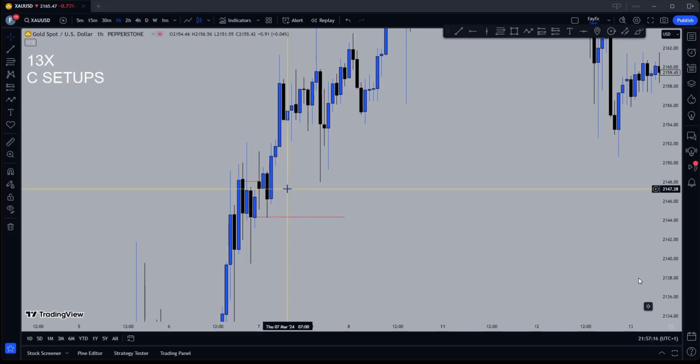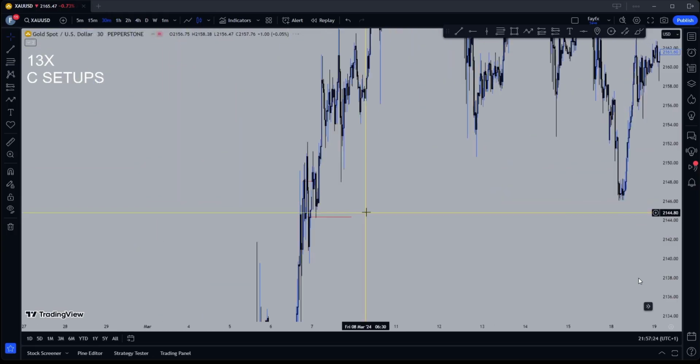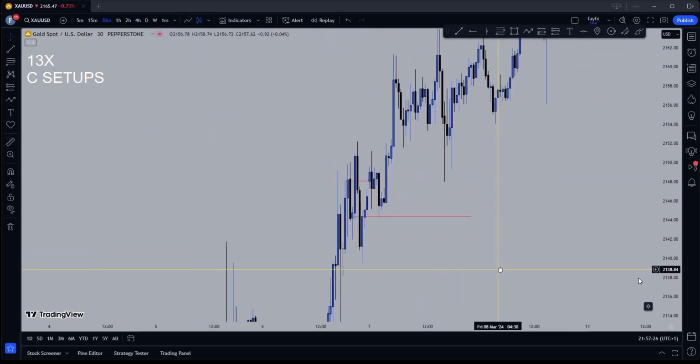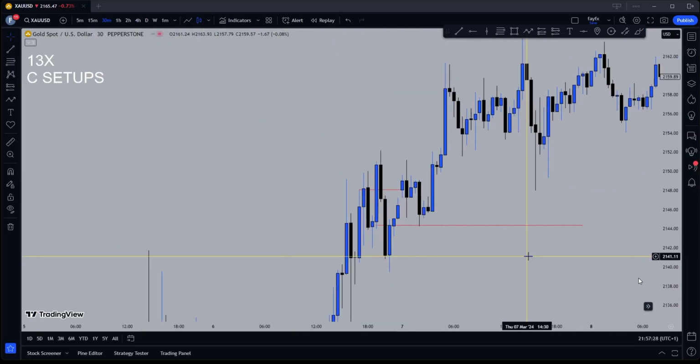So let's see the equilibrium of this level at 30 minutes. At 30 minutes, we have a gap at the same level. This is the second entry, classic to gap. Price visited that level and